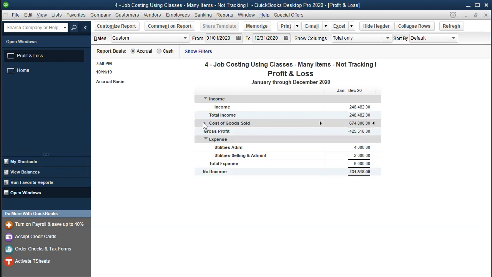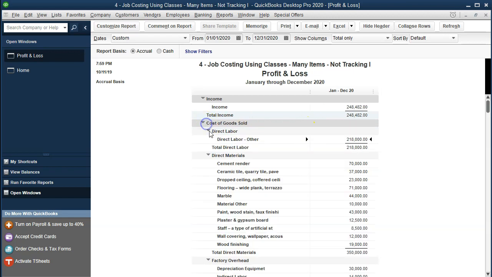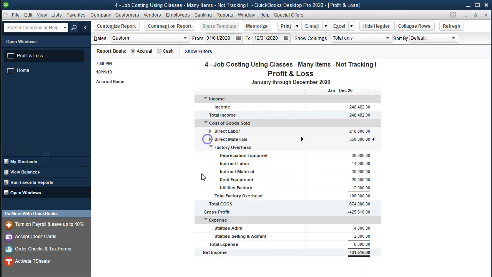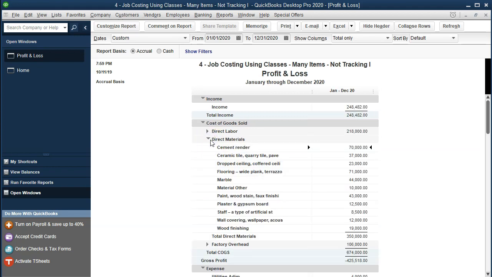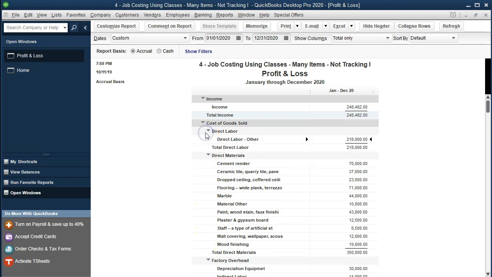We have the cost of goods sold accounts that we can break out here. We then have more detail in the direct labor, materials, and factory overhead. We set up separate accounts under the subcategory just as we did with the prior method, so we can use the same thing there. The major difference is we're not going to be using the job cost sheet reports, but instead the